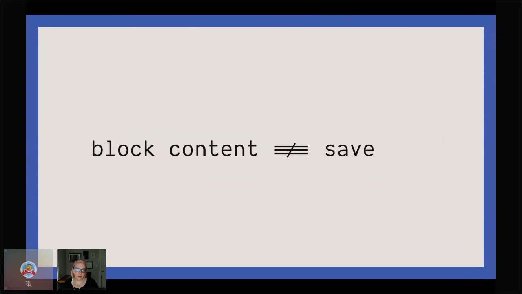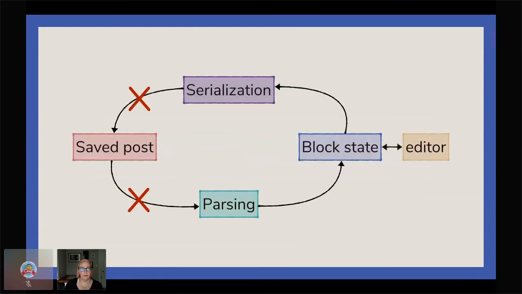What it actually means is that when the block attempted to parse out your content, it couldn't reconcile what it pulled out with what it came from. So when the editor loads, it tries to read the HTML from the database and parse it out into the state. And then immediately it tries to reserialize it, and then it tries to match it to that saved post